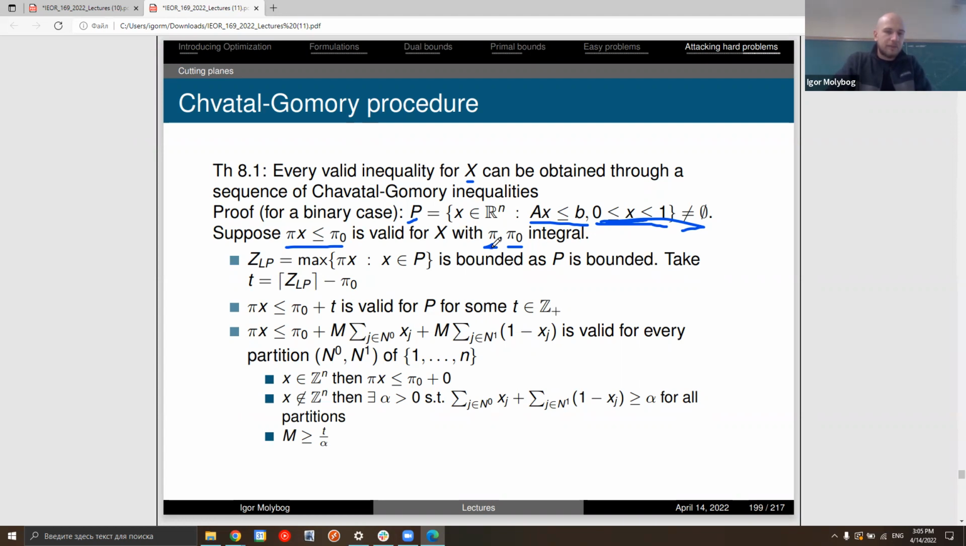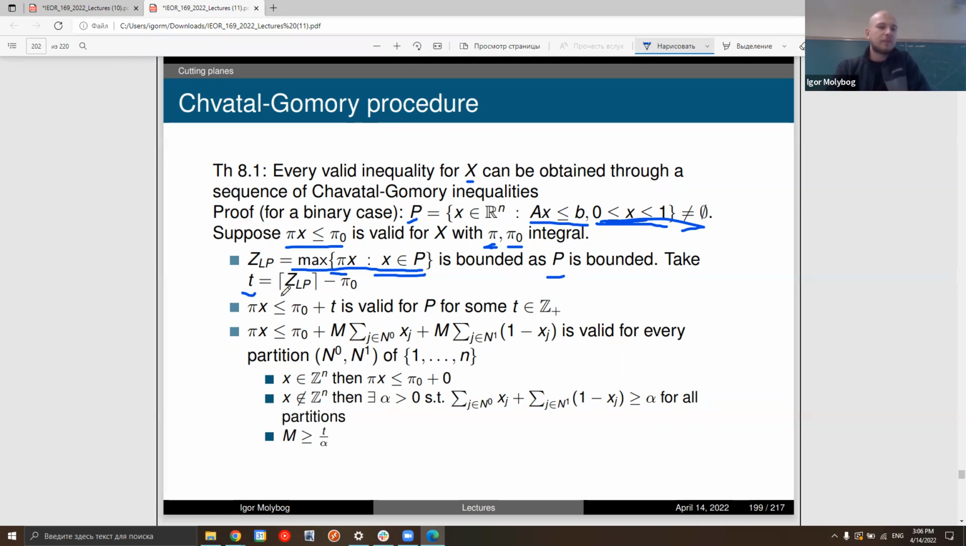So let's consider a linear programming problem of maximization of pi X over the set P. P is a bounded set. Therefore, this problem must be bounded, and it will have some upper bound. Therefore, it will have an optimal value, which is finite. And let's say that T